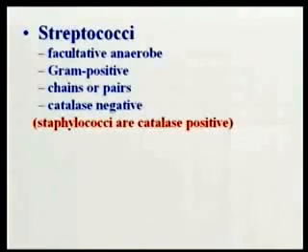Okay, now, it's a little more complicated than that. It's beyond the scope of this course. There are certain plates you can't do this on because they will contain catalase already, and that's irrelevant. So we're not going to go into the nuts and bolts, but the big deal is catalase: whether they are catalase negative or catalase positive. That's the second step in your identification. The first thing you're doing is looking under the microscope and seeing whether they're gram-positive, whether they're in chains or pairs. The second step is done on a plate to see whether the colonies are catalase positive